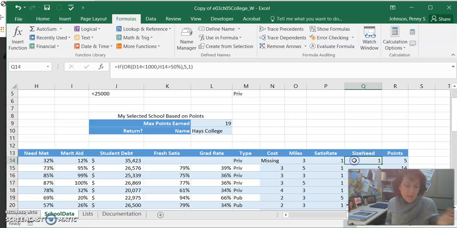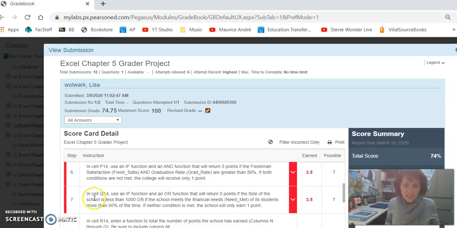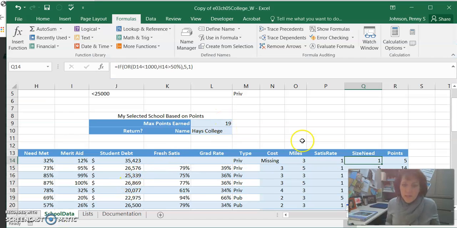All right, let's hop over. Actually, sorry, don't mean to jump ahead. Let's go back to the results here. So that's step 6. Step 7 says Q14 has the if or function. There it is, the if or function. So let's take a look at your spreadsheet. I'm on Q14, if or